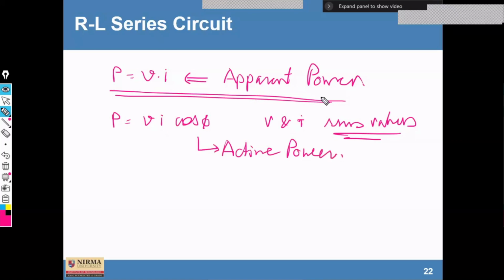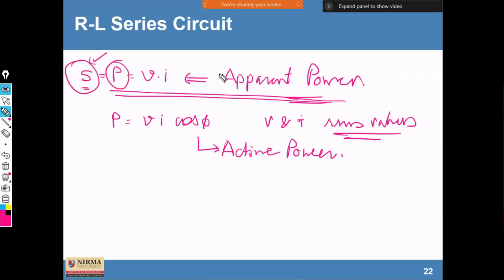Now onwards, this apparent power we are going to abbreviate as S. Instead of power capital P, we are going to abbreviate it as S. That stands for apparent power, V into I. So when the power factor is 1, meaning cos phi is 1, it is considered as apparent power. When is cos phi 1 possible? In the case of a resistive circuit. So a resistive circuit will consume this apparent power. But if there is an inductive circuit or a capacitive circuit, then there would be actual power consumed.